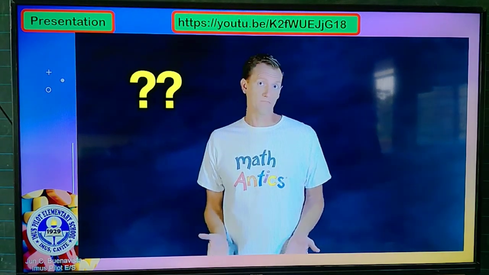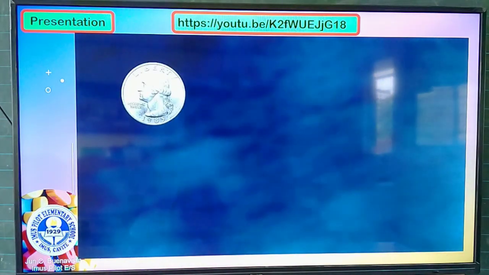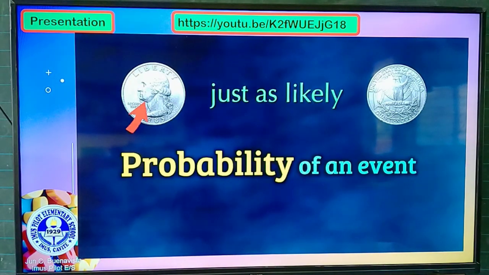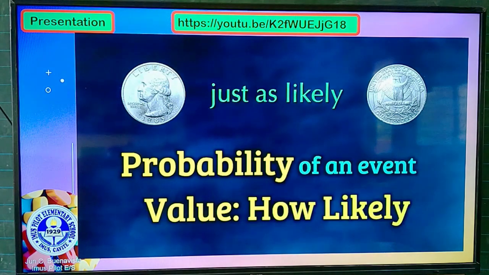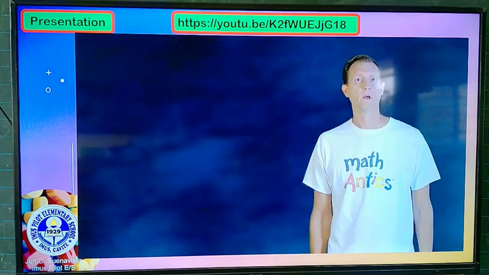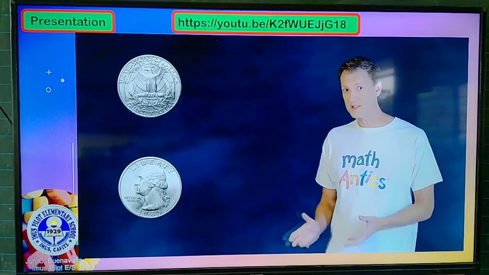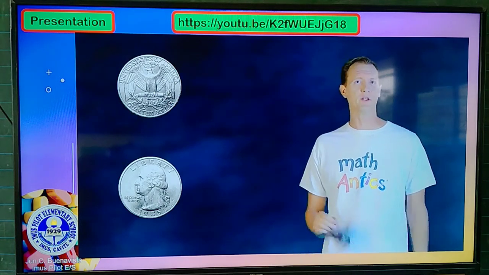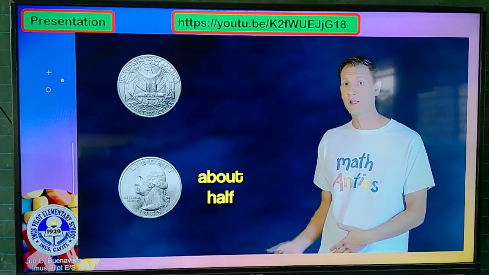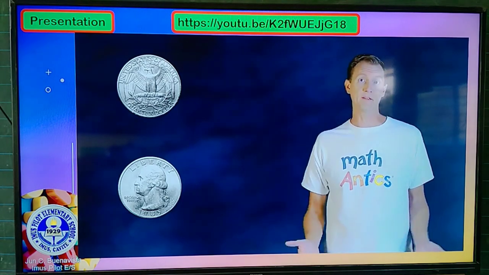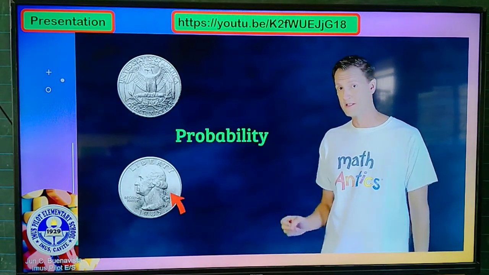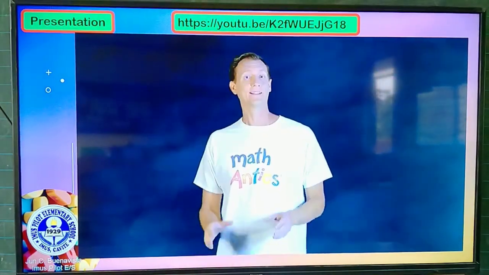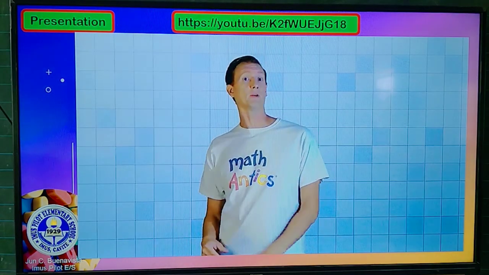But even though we don't know what each coin flip is going to be, we do know a few things about it. We know that with a fair coin toss, heads is just as likely to show up as tails. The probability of an event, like getting heads or getting tails, is a value that tells us how likely that event is to happen. With our coin toss, since each side is just as likely, and there's only 2 sides to a coin, if we flip the coin a lot of times, we should expect that about half the flips will be heads and about half the flips will be tails. That means that the probability of flipping heads is the fraction 1/2, and the probability of flipping tails is also 1/2.